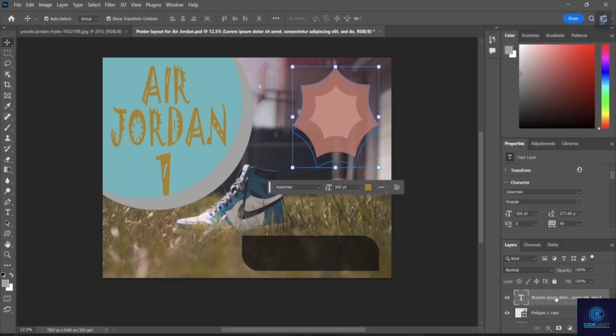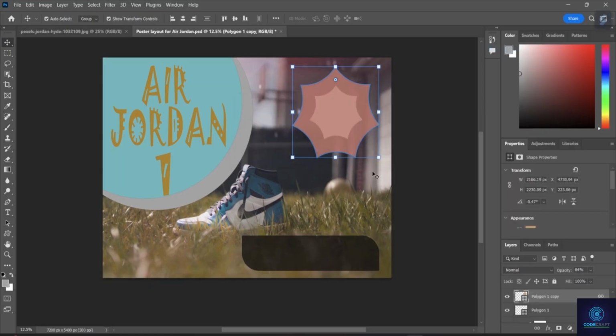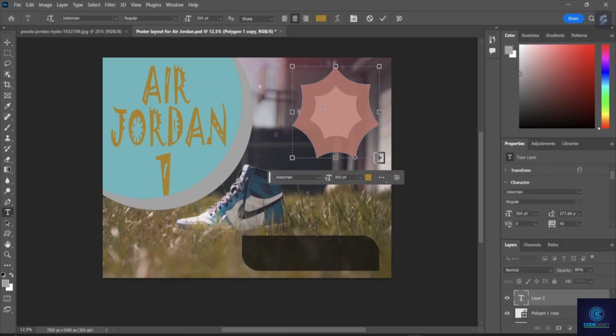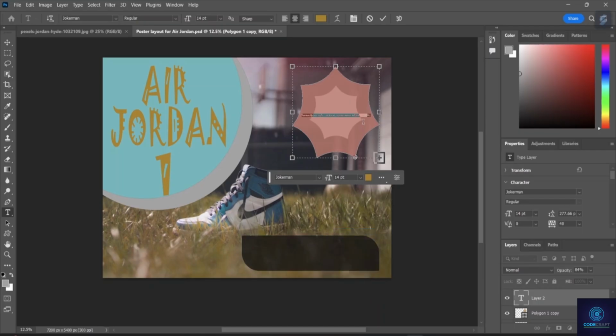From this layer option I will choose these particular layers here, and I will right click, delete layers, and I'll click on yes. So from here now, again, I'll try writing something. Okay, and I will select 14, and